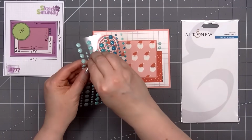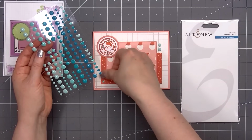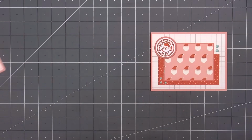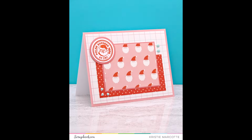For embellishments, I'm using enamel dots from Altenew. This is their Sweet Dream set. I selected the lightest teal color on the left side. It matches the grid stripes in the background. I'll put 2 medium dots in the upper right-hand corner and 3 of the smallest dots in the lower left-hand